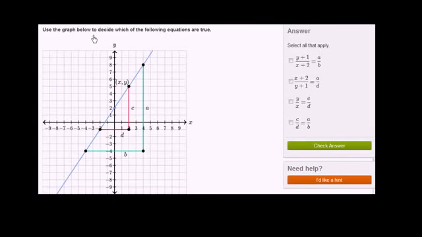Use the graph below to decide which of the following equations are true. So before I even look at these equations, let's think about what's going on here. So I have a line, and then we've defined all of these right triangles where the hypotenuse of the right triangles are the line. And you could view this right triangle, say this one in red, as really side C